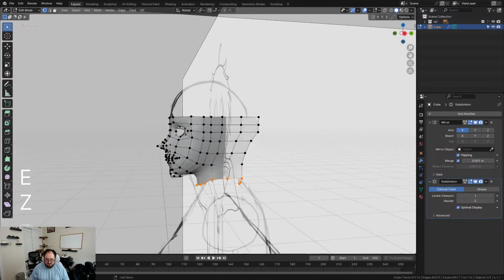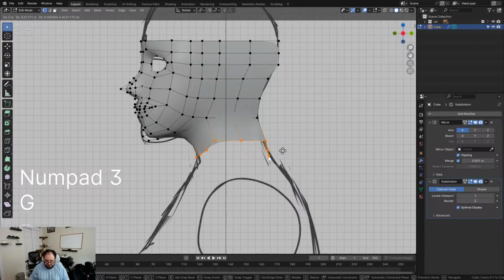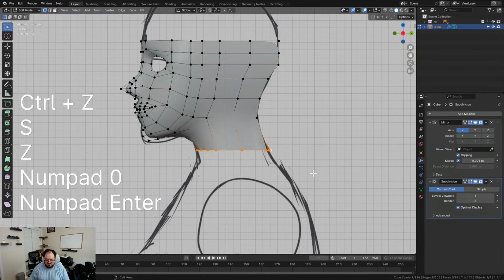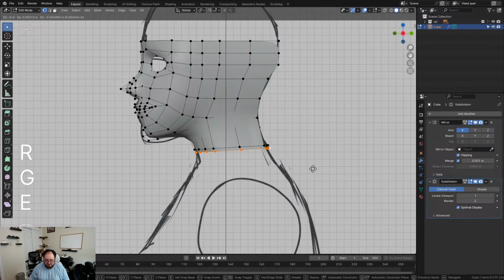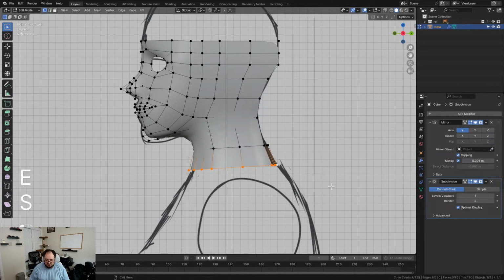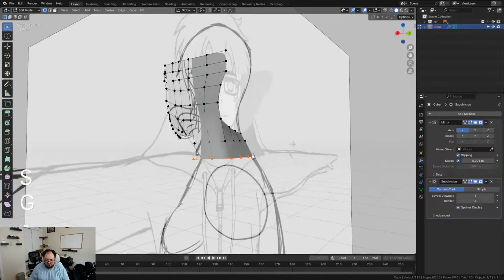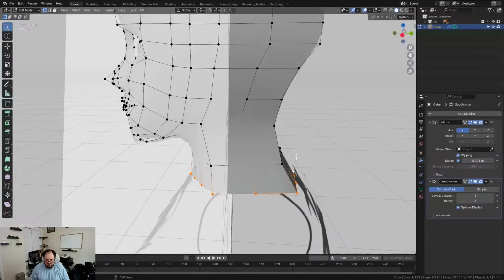Extrude downwards a little bit. Kind of follow. Oops, don't want to do a C0. Scale it that way, rotate a little bit. Do one more extrusion, scaled out. There we go. And then